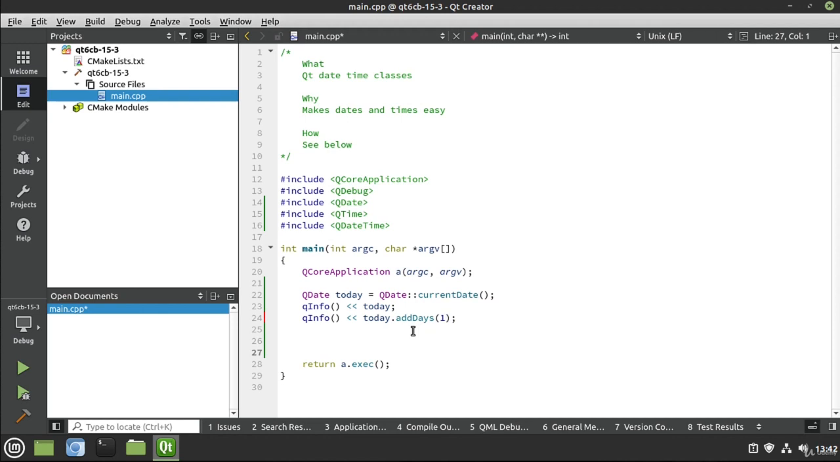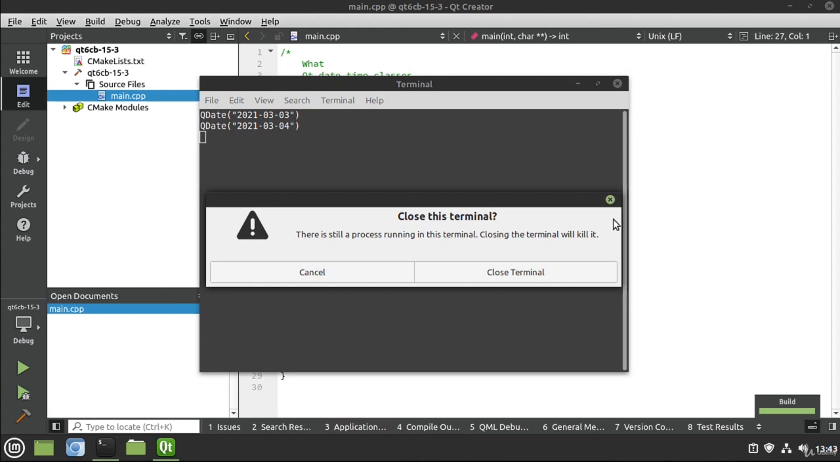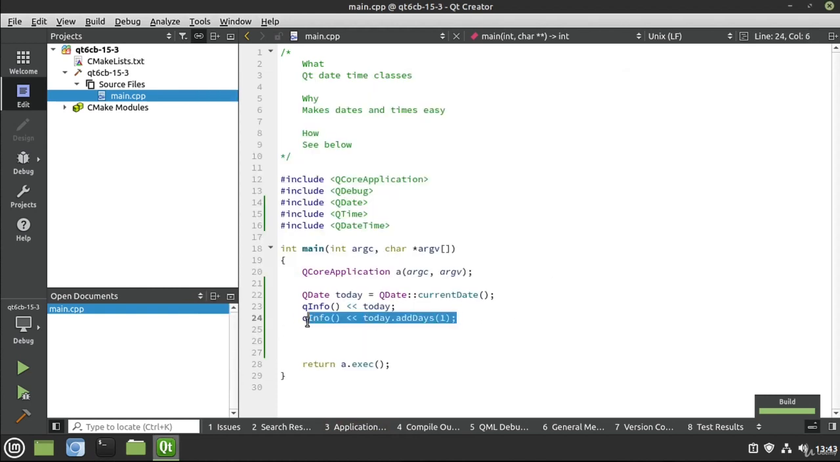So I want to know what tomorrow's date is. Save and run. And tomorrow will be 2021, March 4th. Pretty cool the way that works. It's just extremely easy to work with. And we can, of course, if we wanted to,